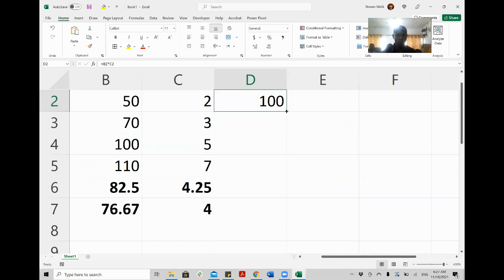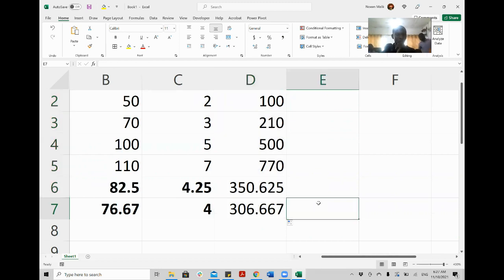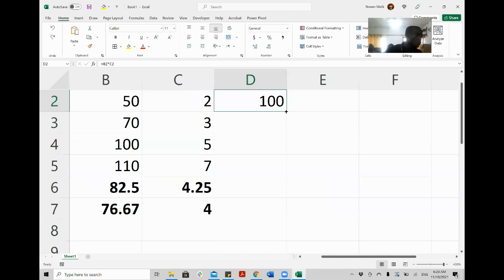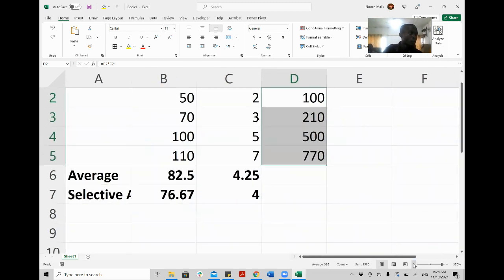When it is there, you click or press the left side of the mouse, and you see it is already multiplied, right? So how it happened, you can do it two ways. You press it or you can even drag it down, and all the multiplication happened. Okay, let me go back now.